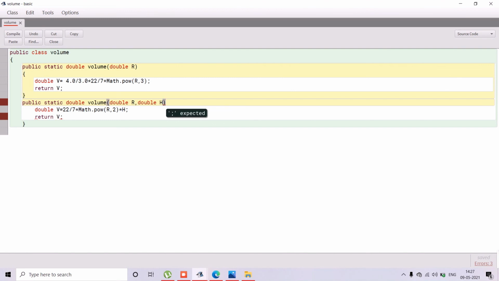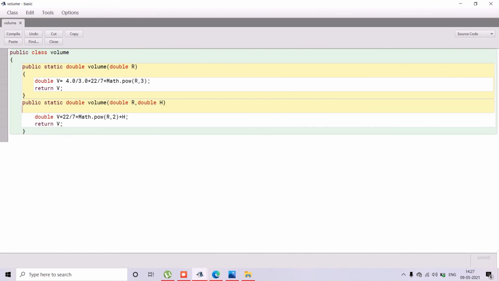Sorry, I have forgotten one very important thing, that I have not opened the function. See, I have forgotten one thing. Sorry, because my mind diverted. For that function we have to put a curly bracket again for using that particular function. And then for this function, a closing curly bracket. Then close that main class. Then we have to compile for syntax errors.